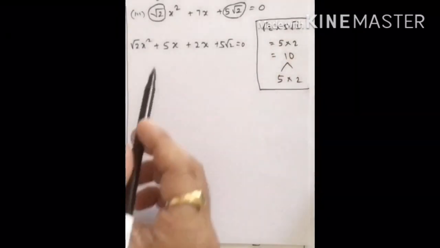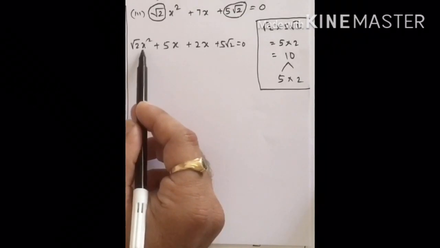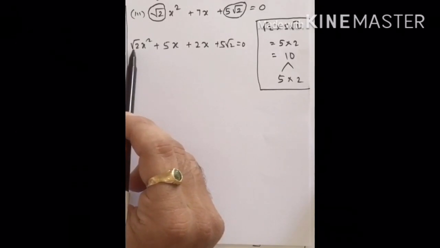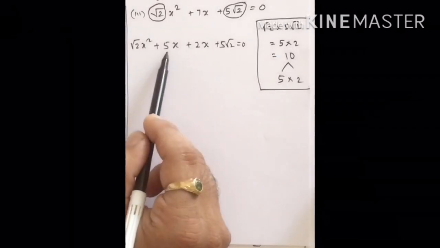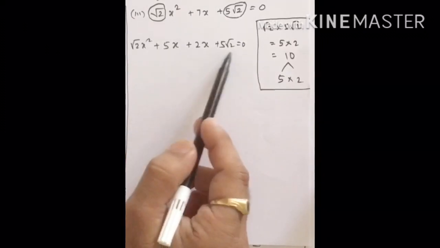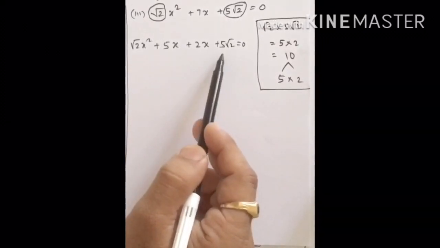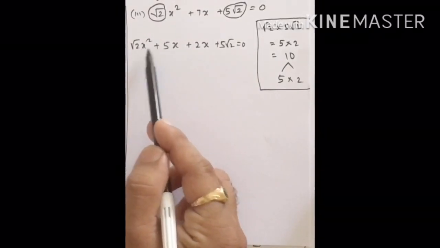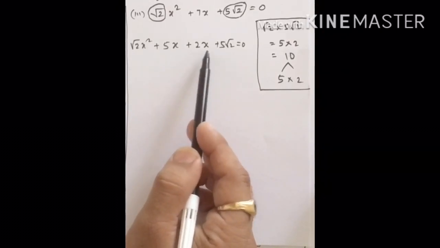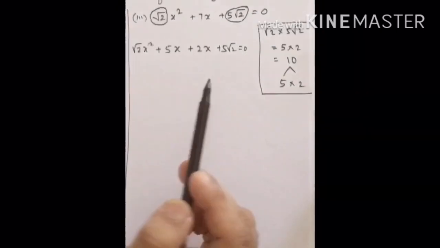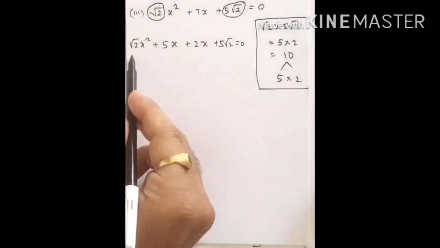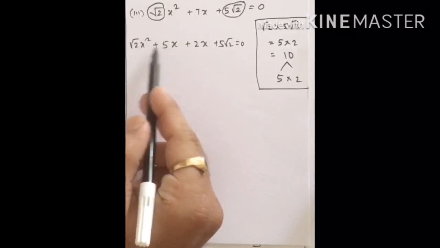Okay. Now here what is common? X is common. So if I take x common here, I will remain with root 2x plus 5. But here what is common? Nothing is common. But here the terms remaining in bracket are root 2x and 5. Here nothing is common, so we cannot get root 2x and 5 here. Now for such type of questions, what to do? Here there is root 2 and 5. We cannot take anything common from root 2 and 5.